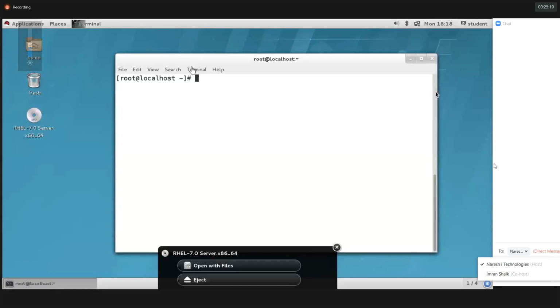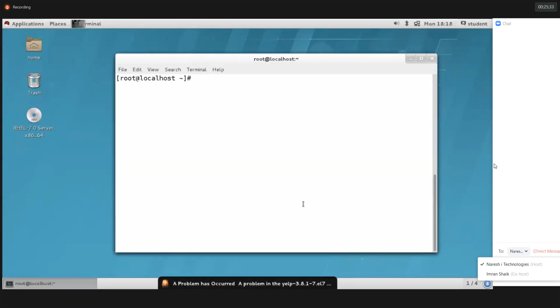So how to install the packages? You can say packages, software, whatever you want. Guys, remember one thing: in RHEL 7.0, in this operating system, we don't have any subscription. So without a subscription, how do we need to install the packages? Now I'm trying to install a few packages using this image file.